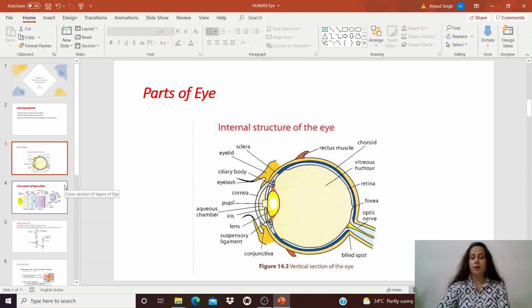The middle layer, the choroid, contains many blood vessels and looks bluish in color. The choroid layer is thin over the posterior two-third part of the eyeball, but it becomes thick in the anterior part to form the ciliary body. The ciliary body itself continues forward to form a pigmented and opaque structure called the iris, which is the visible colored